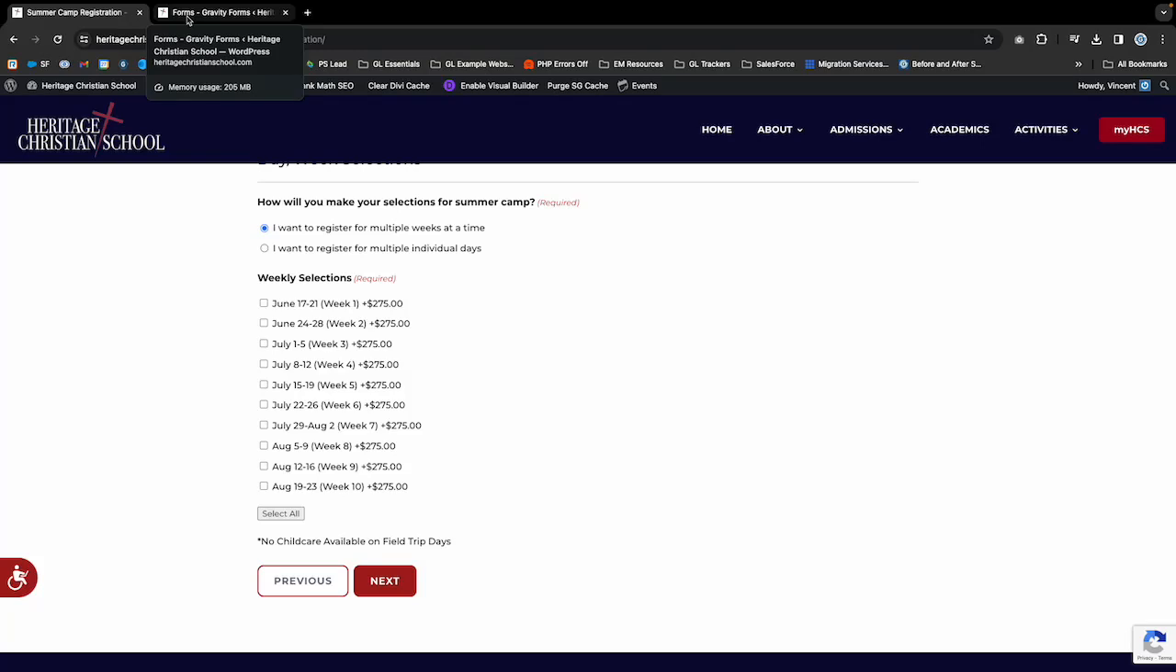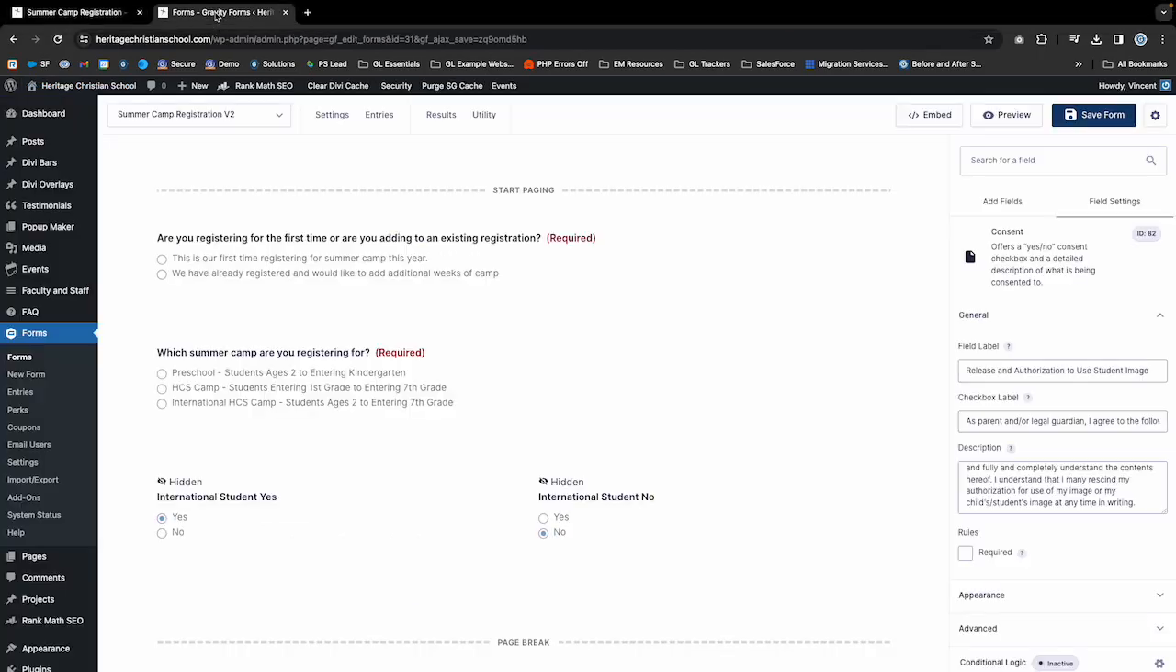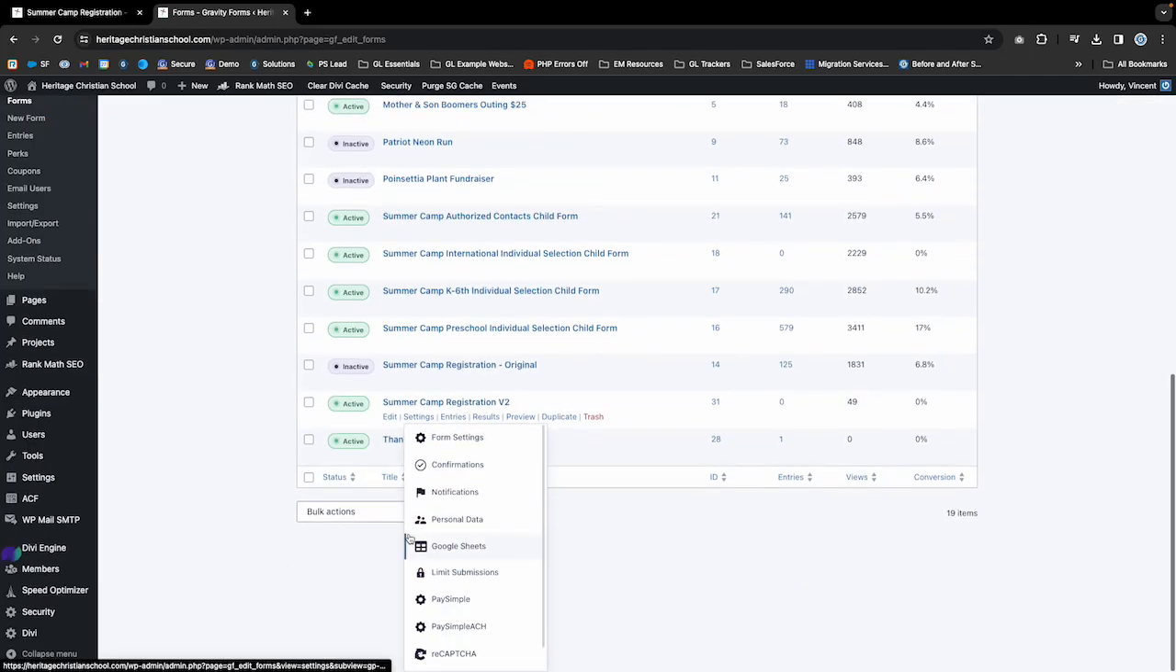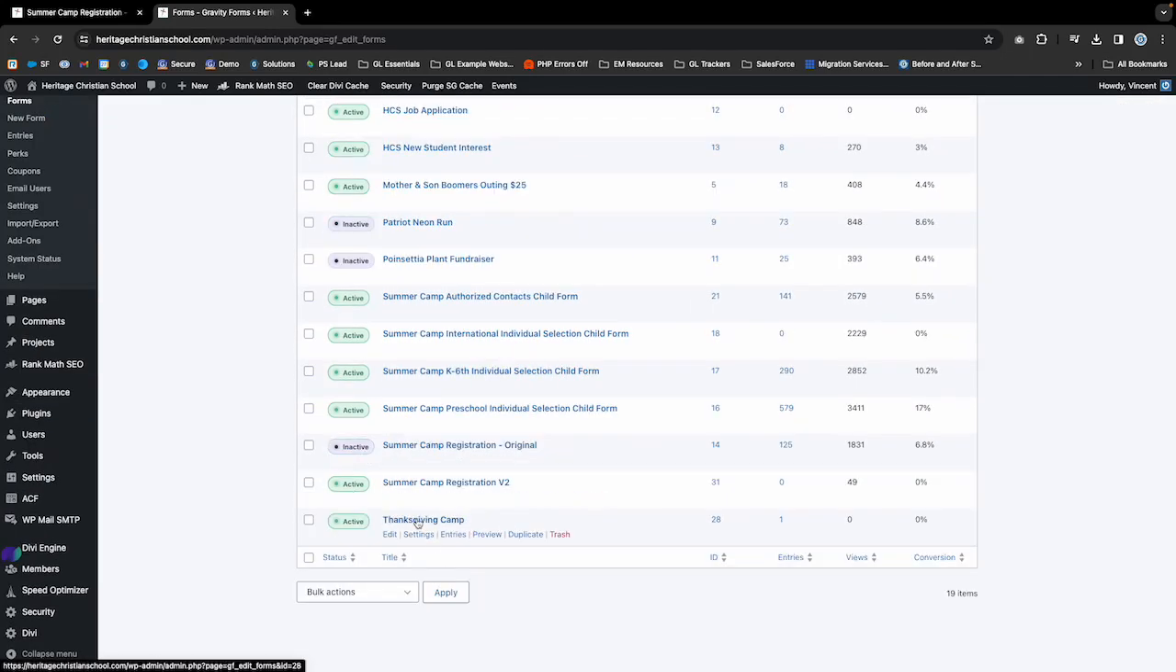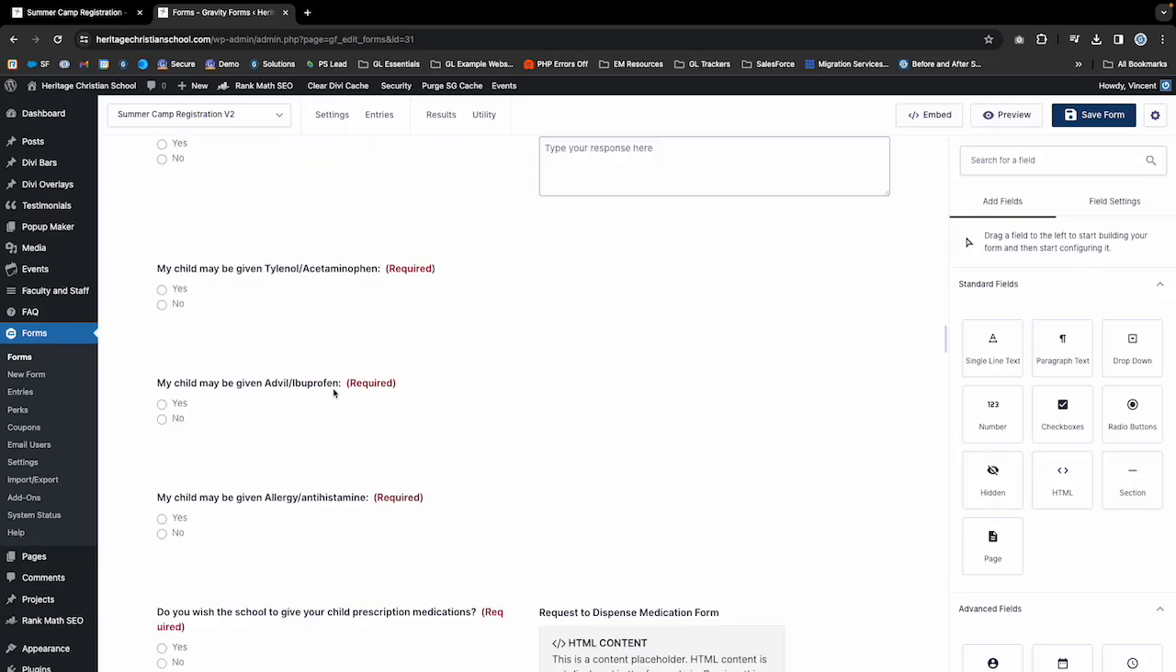So the first step is to head over to the back end of the site. Again, you can get there by clicking on the name of the school in the upper left hand corner, and we're going to go to forms, and the weekly registration in this case is located on this form, Summer Camp Registration V2. So we're going to scroll down to the weekly options,